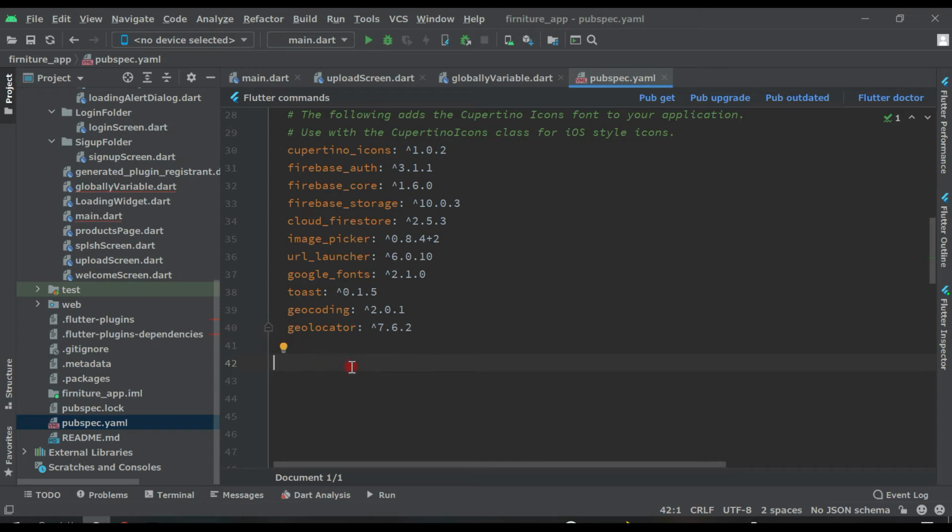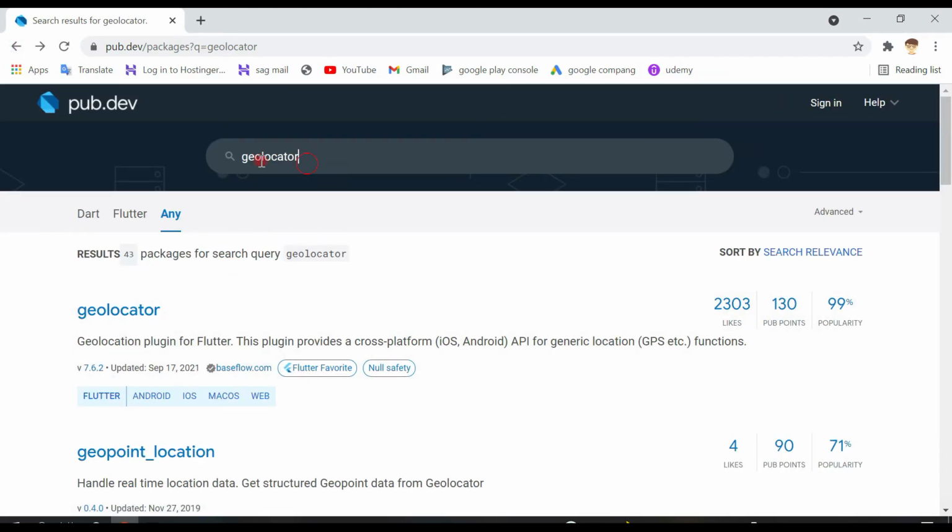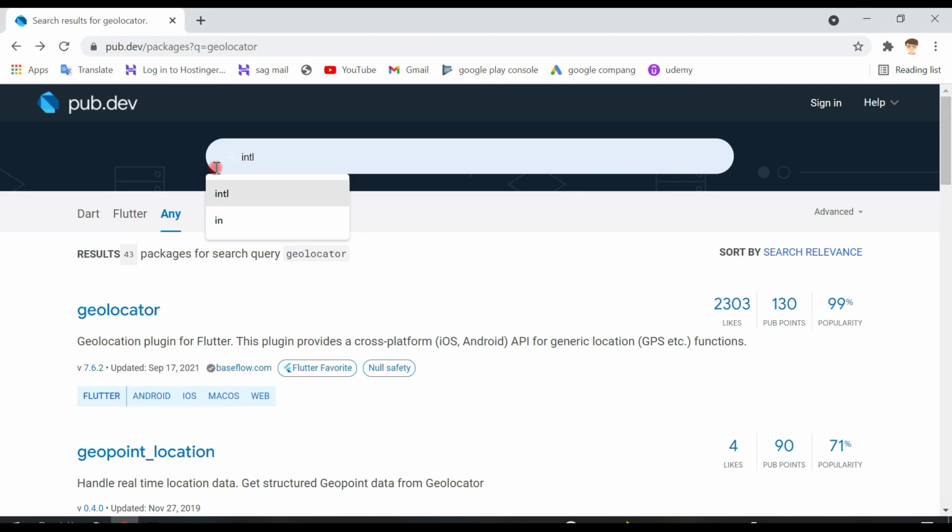Now we need one more dependency for time, so that we can get the current time of the user, which time the user or advertiser posts the advertisement. So now come here and type intl, like this, enter.